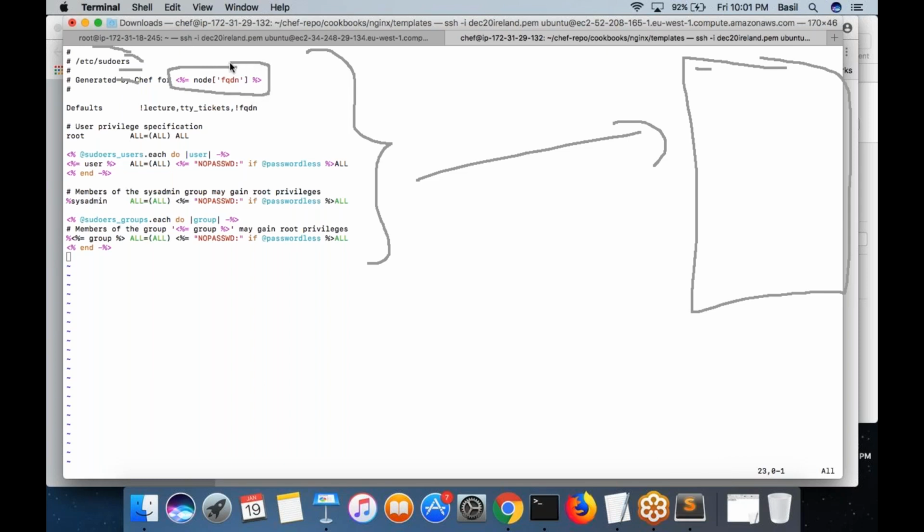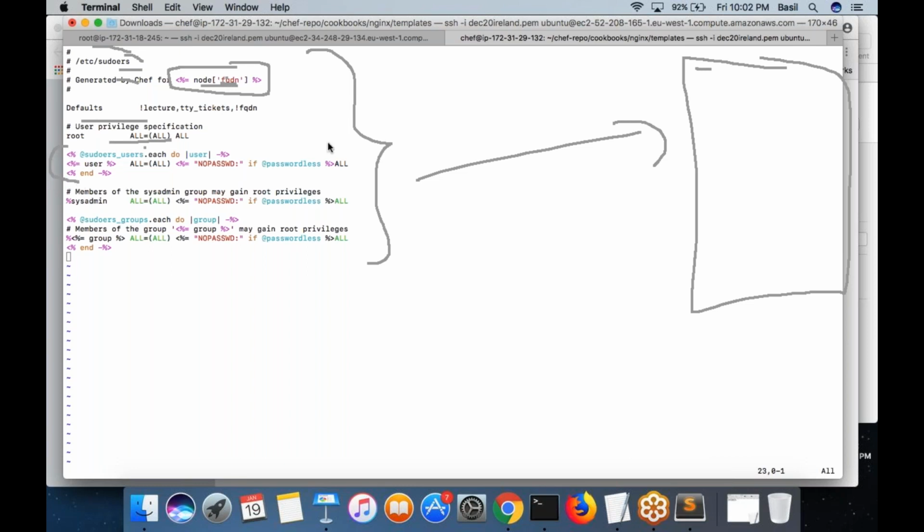This is an attribute. So this is an attribute that you are defining, basically, not FQDN, fully qualified domain name. This is some attribute that you already have inside your attributes folder, which would be replaced here. Fine. In my case, there is nothing like that, but I think this is something Chef will automatically find out. No need to worry about it. So these lines would be copied as they are into the file which Chef would generate. Okay, let's come here.